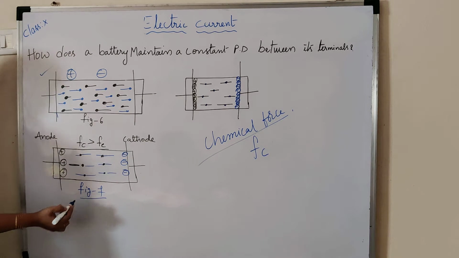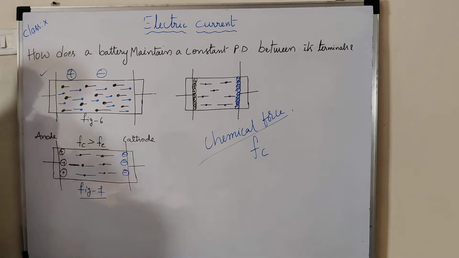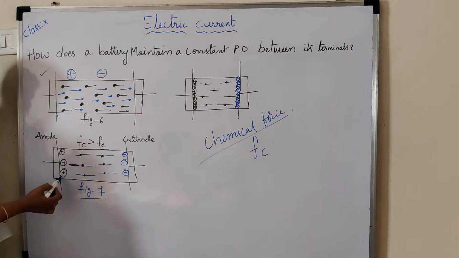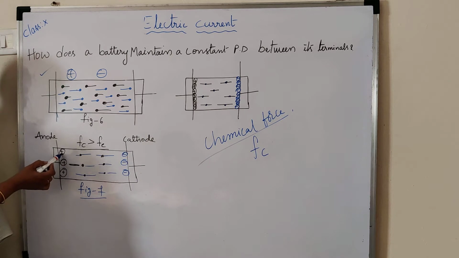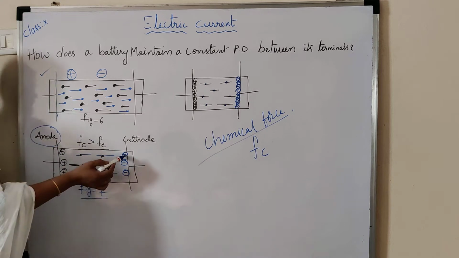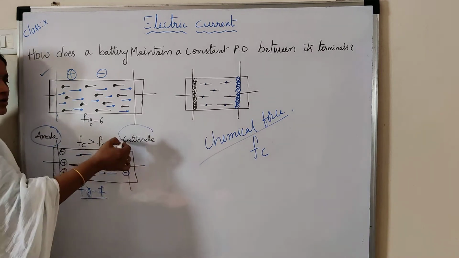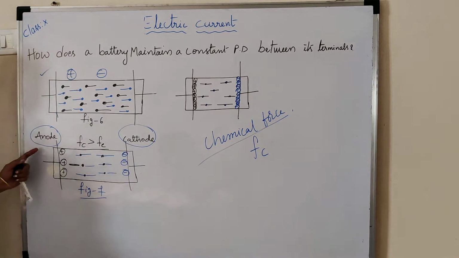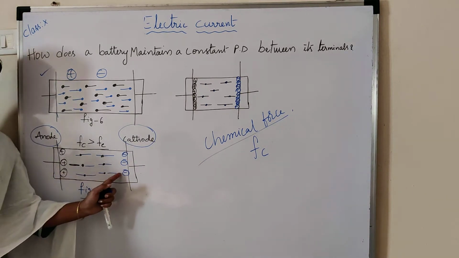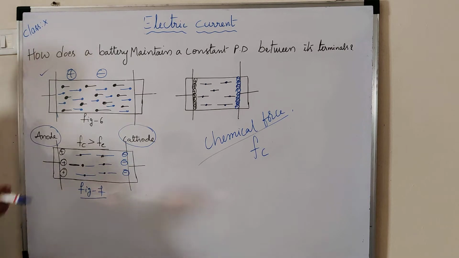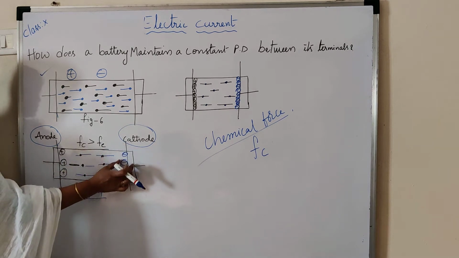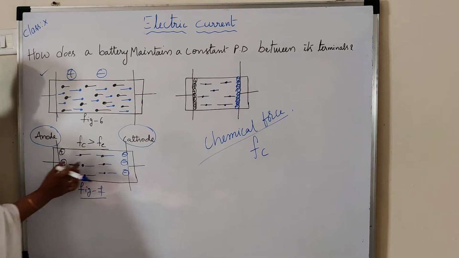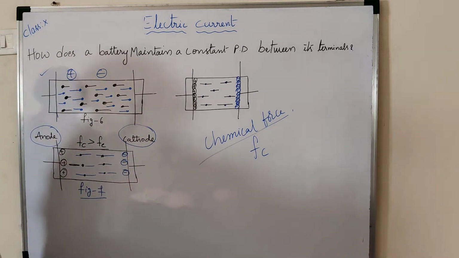In the next figure, figure 7, you can see all the positive charges moving to one side and all the negative charges moving to the other side. The positive charges accumulate at the anode, and the negative charges accumulate at the cathode. Suppose there are 3 ions here and 3 negative ions there; if the number of ions at both the electrodes is satisfied,